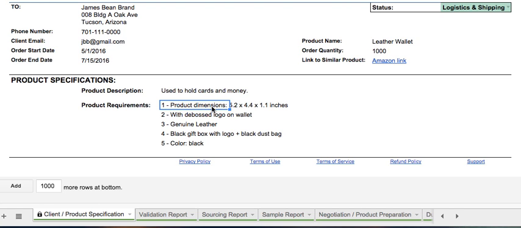So for the example that we're working with, the leather wallet, you can see that the product requirements are not entirely complex. There's only about 5 of them. But for some products, especially when the time comes where customizations are required, labels, logoing, things like this, you can expect to see the product requirements to be much longer. But for this example, we're going to keep things short and simple as we look at just a basic sample